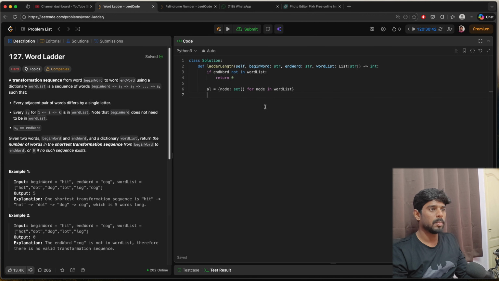So the word list may not have the begin word. In that case, let's add one more for the begin word also. Another set initialization. Now we are going to traverse the word list, and for every node in the adjacency list, if both are connected, if is